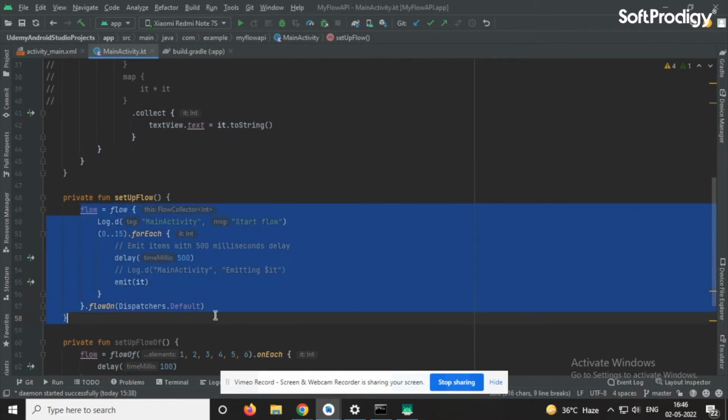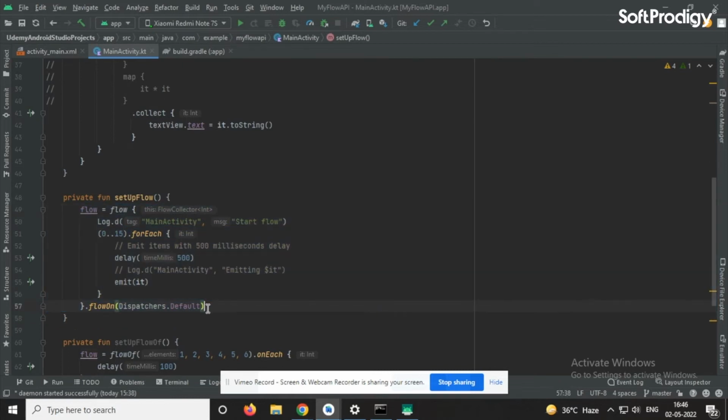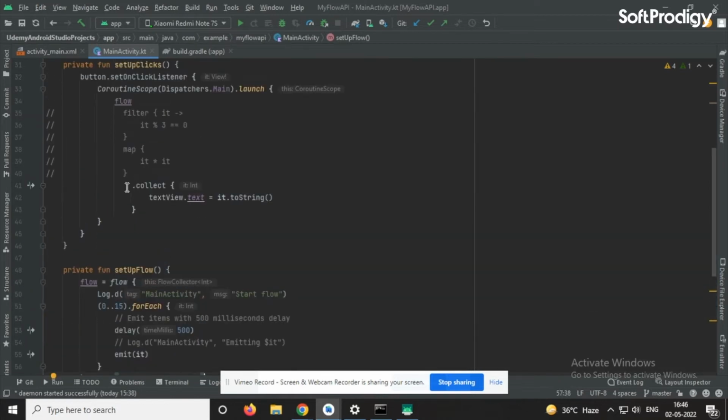So this particular part is the producer part, which means here we are just producing the value, right? After that we have to collect it. So this part is the consumer part, right? We have not implemented the intermediary part over here,